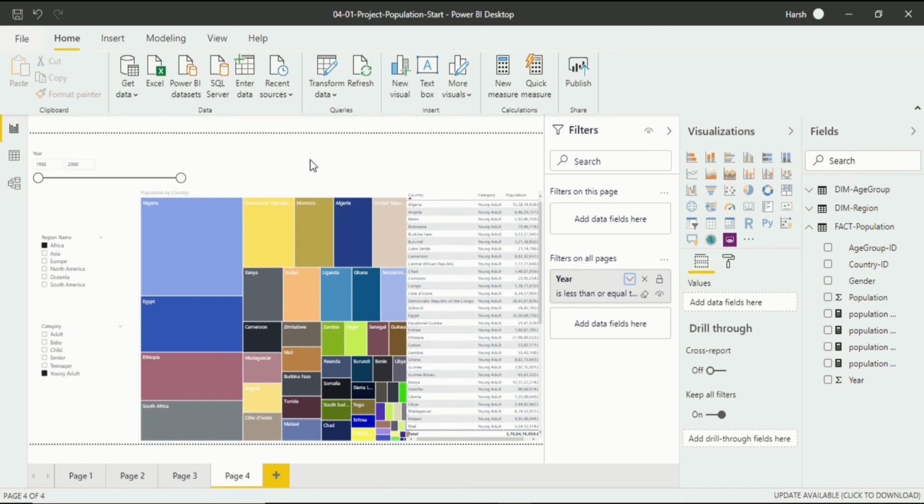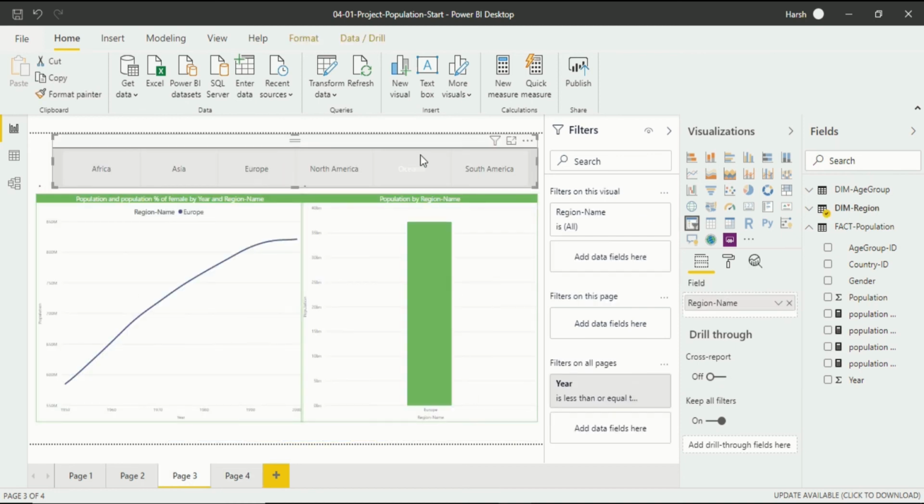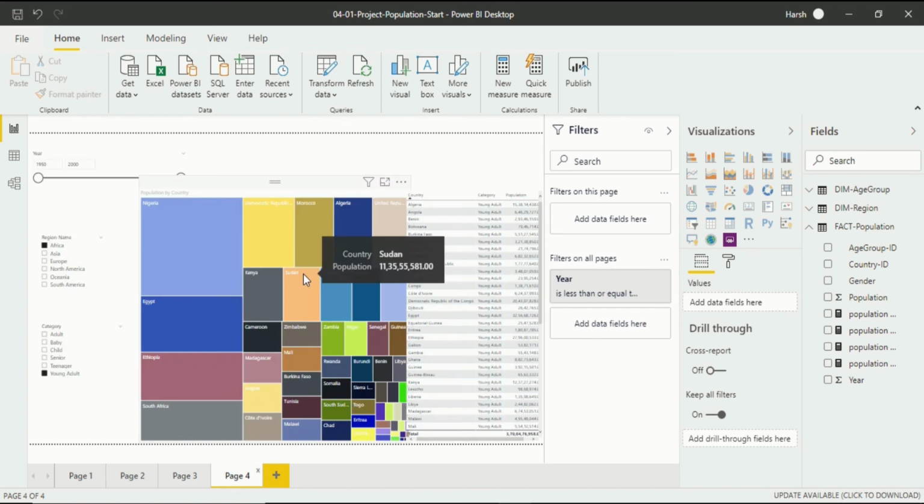In that case, you have to go into the page filter, filter on this page. So on this page, how do I think of applying filters? In that case, I have to go like there is region name. I don't want South America, or you can say Oceania. That is because the country has so little population. I do not require that, so I want to remove that. How do I do that for specifically this page, not for other pages?